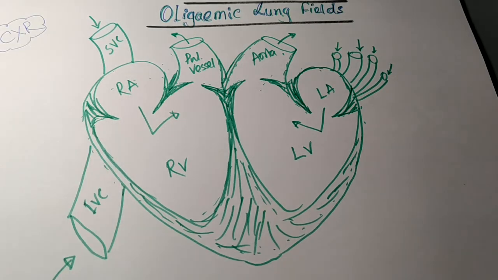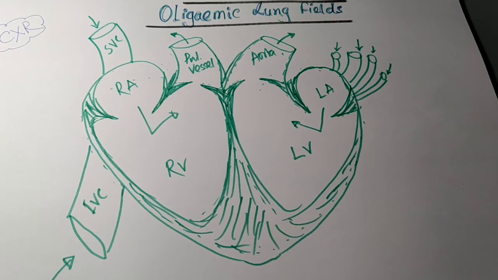On the other hand, in plethoric lung field, the blood vessels will be more demarcated, because the blood passing from the right side of the heart into the lung bed is more, and the fluid in the lung bed is more than normal, and in that case the lung field will appear less lucent. Now come again to the point of oligemic lung field, on which point we will end this video.